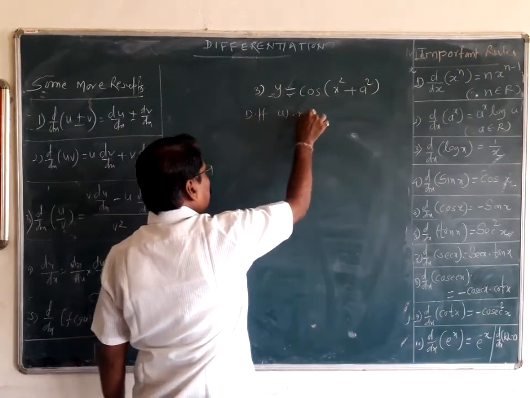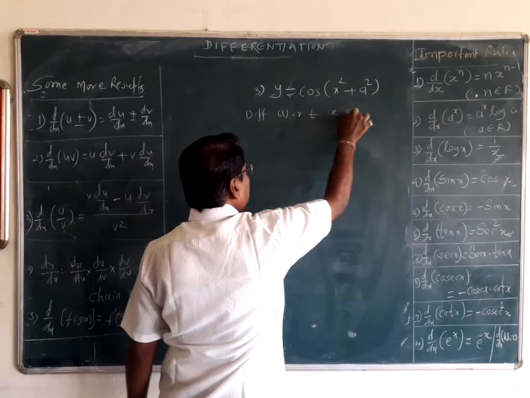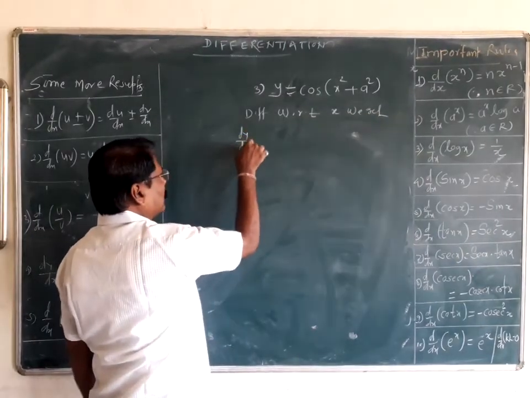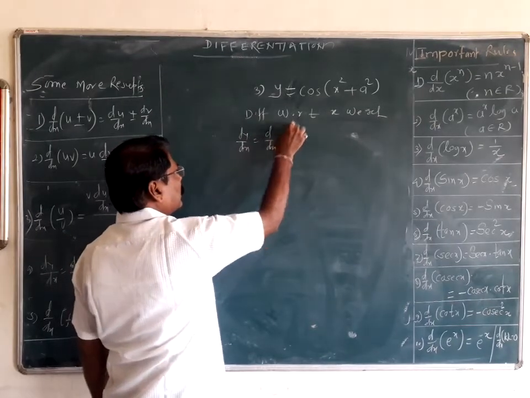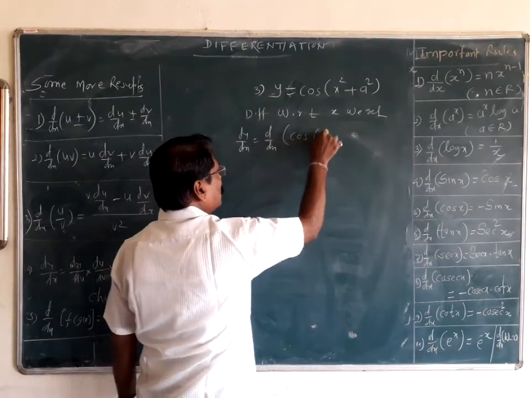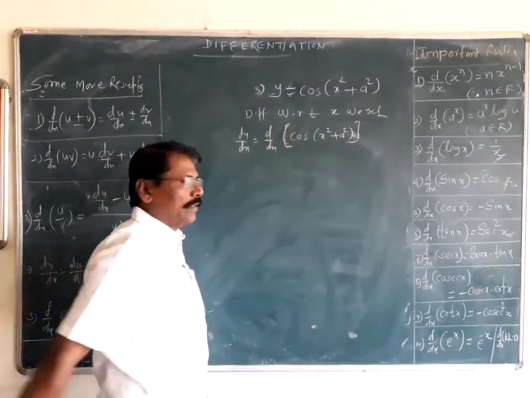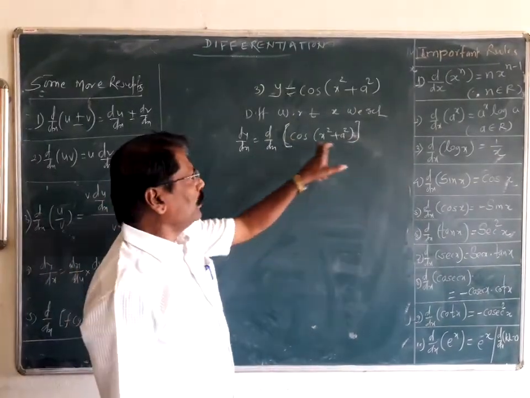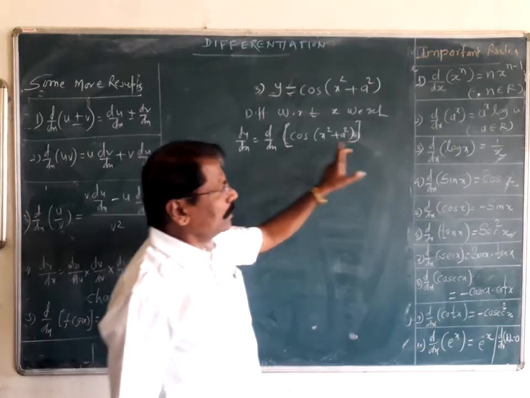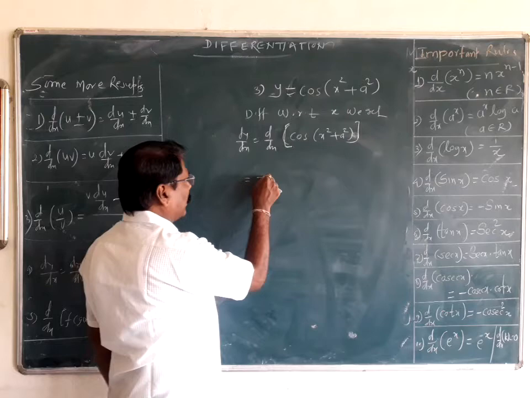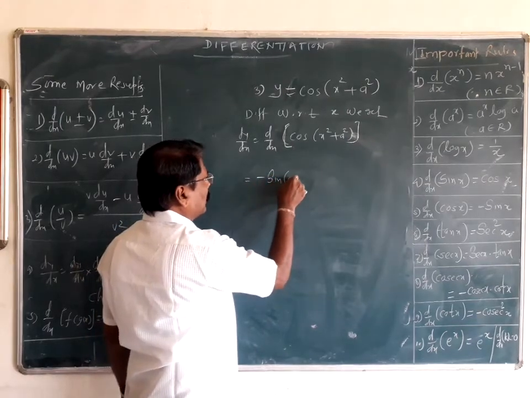Differentiate with respect to x, we get dy by dx, d by dx of cos (x square plus a square). Now as I told you by the rule, what is the derivative of cos? It is a minus sign. Then this is minus sin (x square